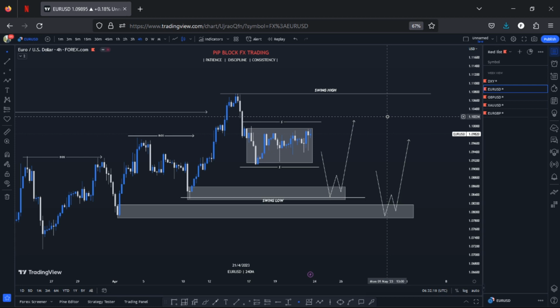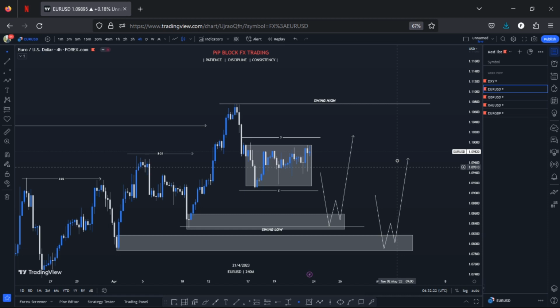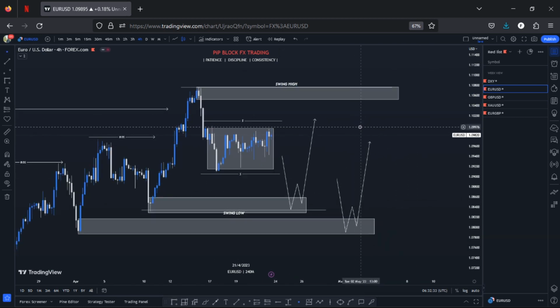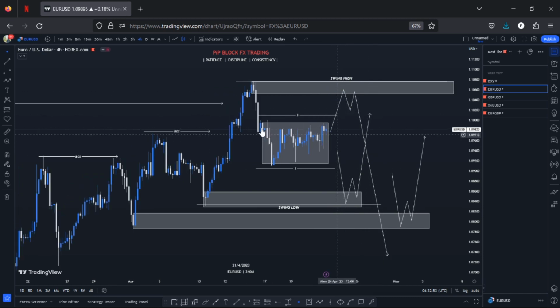But even though I'm expecting this on Euro USD, what else am I expecting? Even though I have this bias on Euro USD, I have this very nice zone right here, and I'm expecting the market can also trade into this zone and give me a reason to sell at this place. Why not? I'll take a sell at this place. So even though I'm very bullish on this pair, I also have a reason to take a short from this place if the market gives me a reason, right?